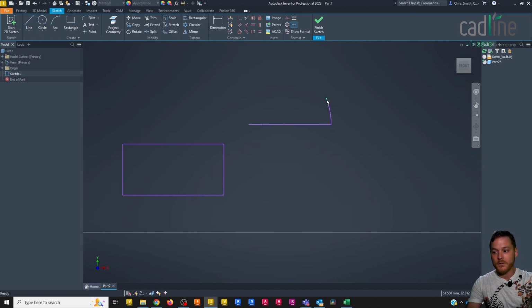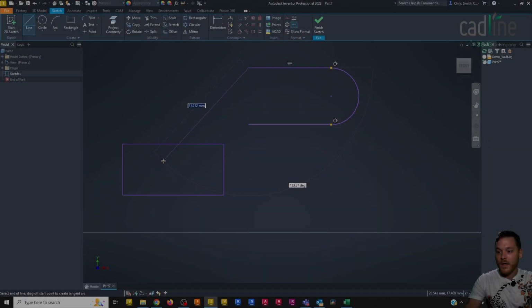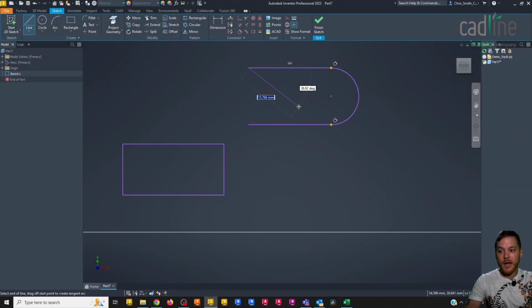I'm just going to escape, and I'll get rid of that one. Let's delete that one, and we'll do it again. This time, I'll click and hold and pull it straight off the line, and then I will pull it upwards. Something else we can do as well in the line tool